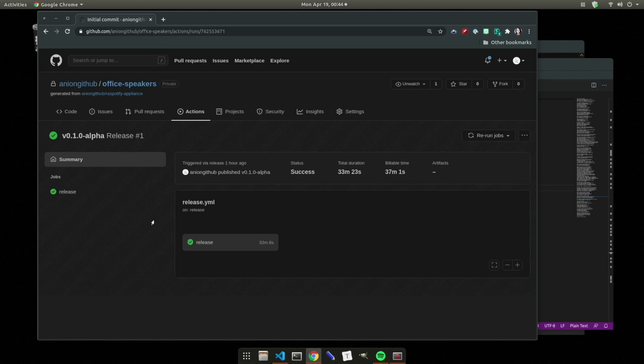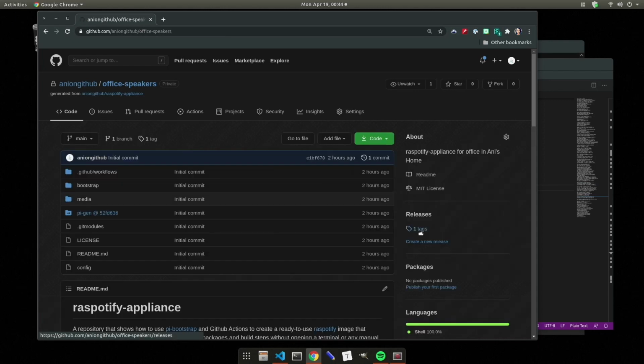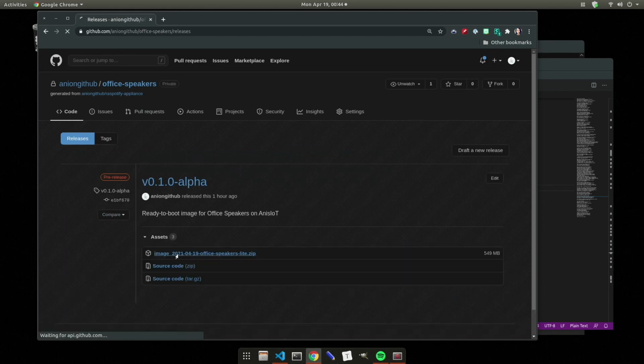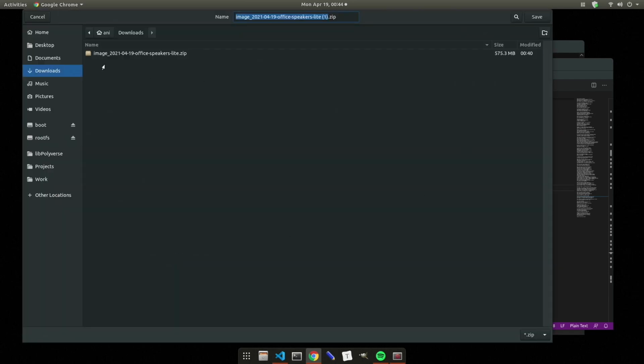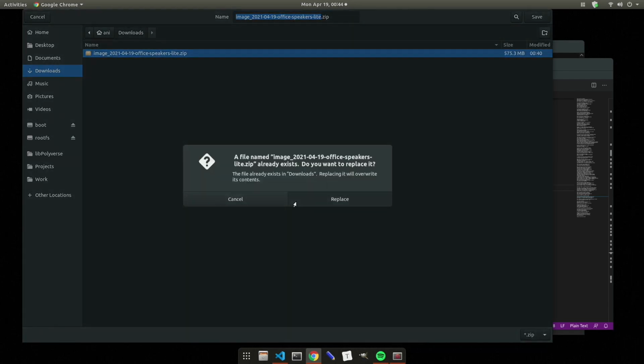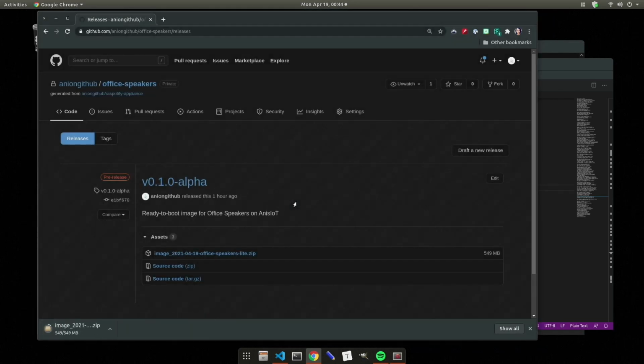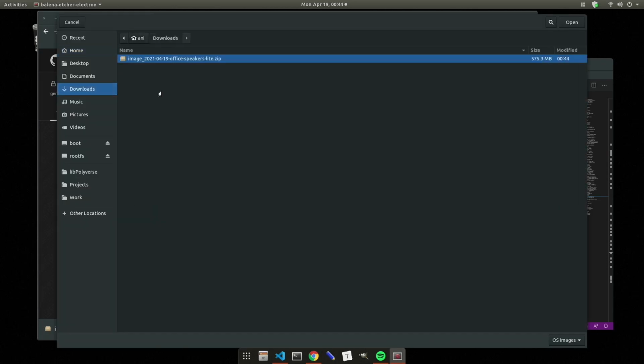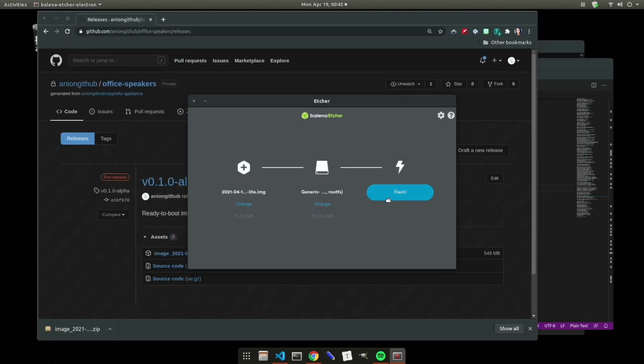When the release workflow is complete, let's download the image that GitHub Actions built for us. Then we can use Etcher or Raspberry Pi Imager to burn our image onto a micro SD card.